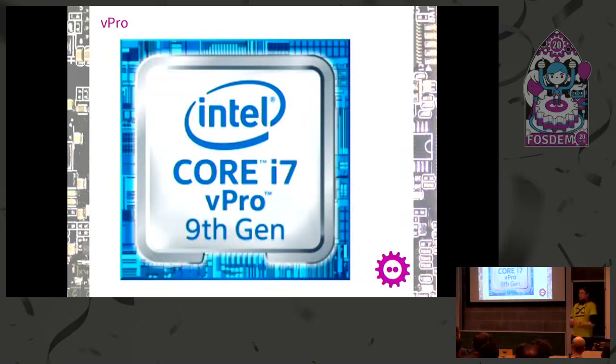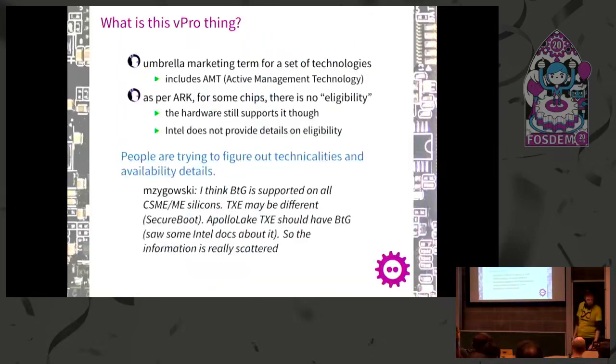All right, and then at some point you come across this. You might find this sticker on your laptop. It says something about Core i7. That sounds like the regular marketing stuff you hear. 9th generation, so a bit like, made in 2018, '17, '19, I don't know which exact year it is. And then there's this thing called vPro. And that's where I came across it when I was looking at the management engine stuff.